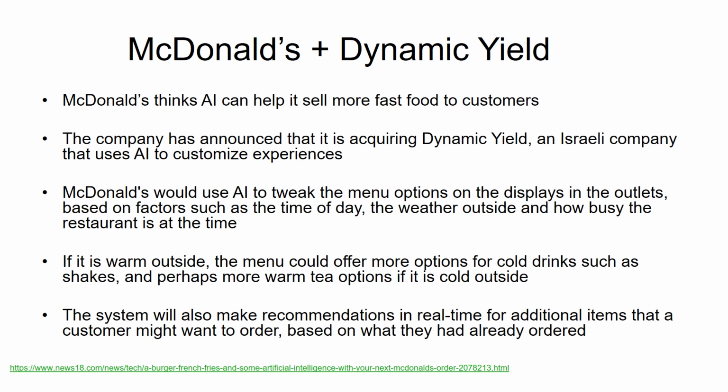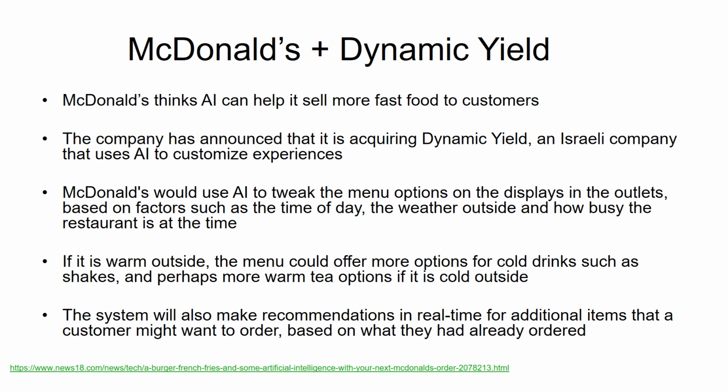So let me give you a brief. McDonald's thinks that artificial intelligence can help sell more fast food to customers. So how they will use it is, for example, based on the time of the day, weather outside, etc., the menu can be changed automatically. So if the weather is really cold outside, maybe a hot coffee or hot tea can be added into the menu and displayed over the screen,